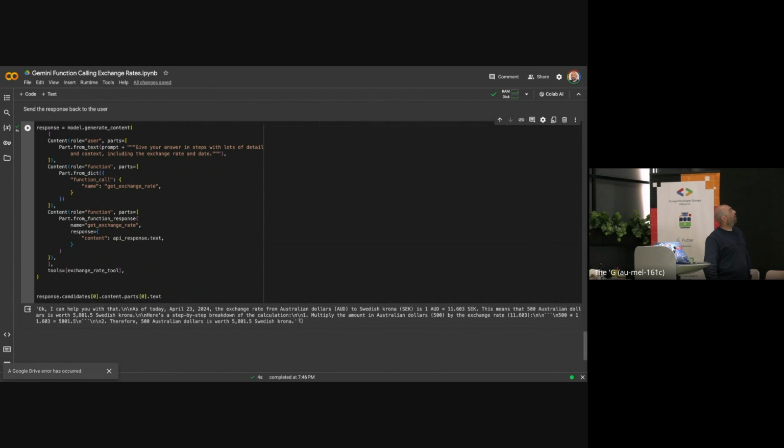And say, hey, okay, I can help you with that. Now remember, it's fully aware of the context and of the response. Now it has the responses of the API on top, and it responds like this. And it says, as of today, which is important, the exchange rate between Australian and SEK is,